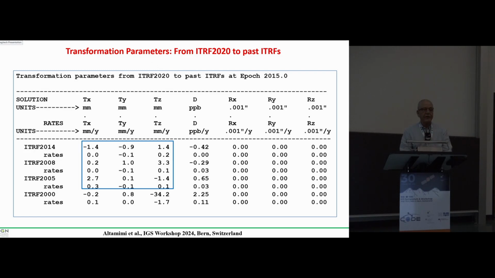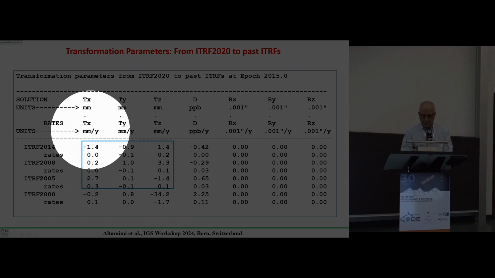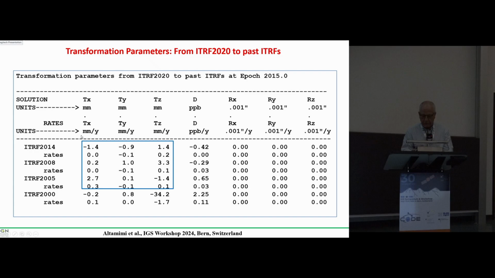So here I am showing the 14 transformation parameters from ITRF 2020 to the past solutions. If you focus on the origin component from ITRF 2005 up to ITRF 2020, a very simple computation, you conclude that the accuracy of the origin of the ITRF over time is, in the worst case scenario, about 5 millimeters. And the stability is around 0.5 millimeter per year. But if you look at the ITRF 2014,